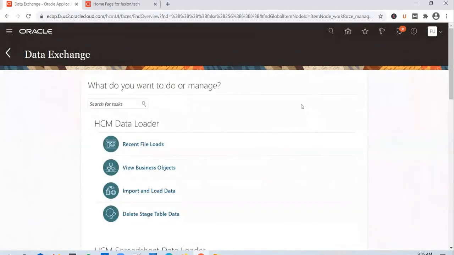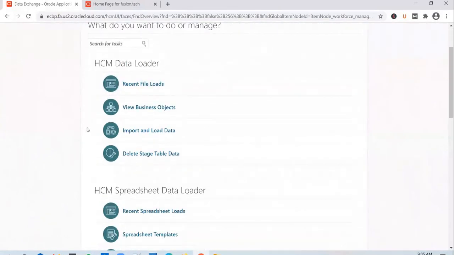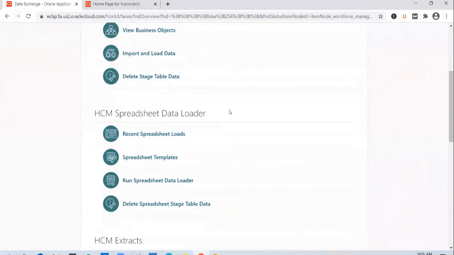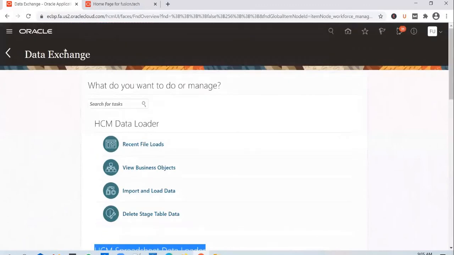And there are two important points that I want to talk about. Sometimes a user might come back and say, or you yourself might not see HCM data loader or HCM spreadsheet data loader. If you don't see these loader options when you come into data exchange, that means there is a role missing for your user profile.